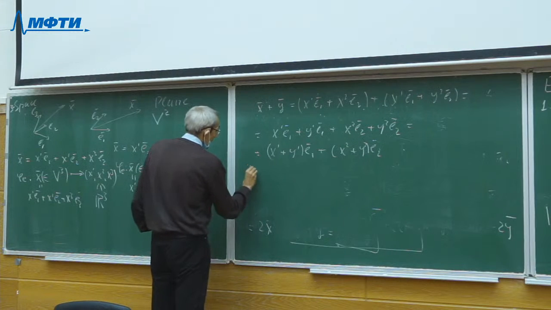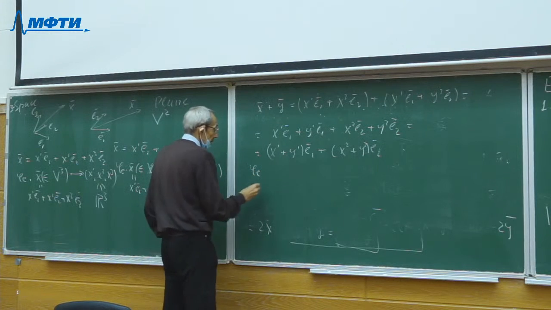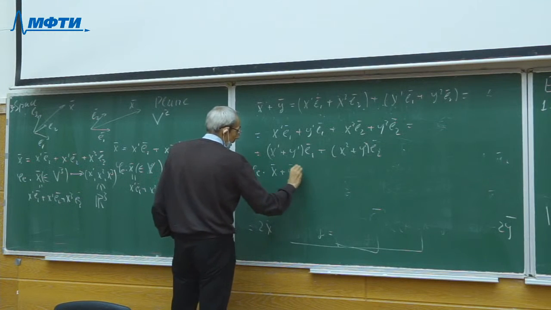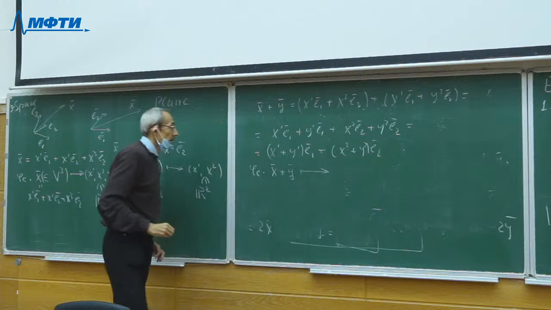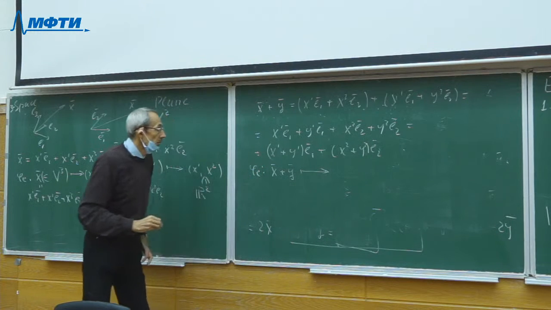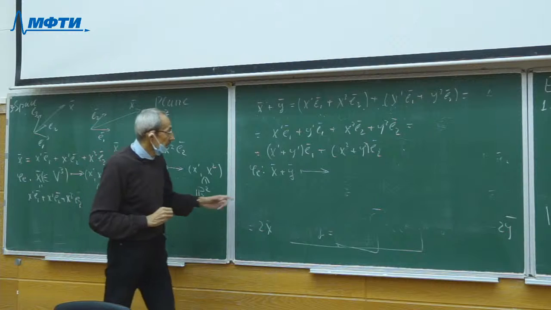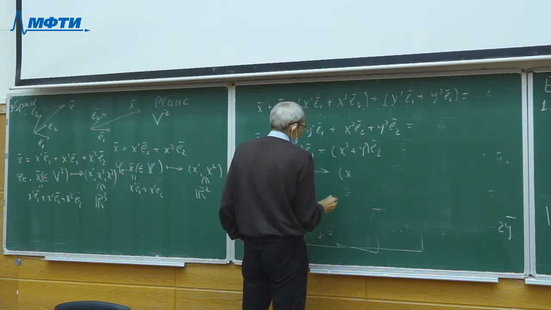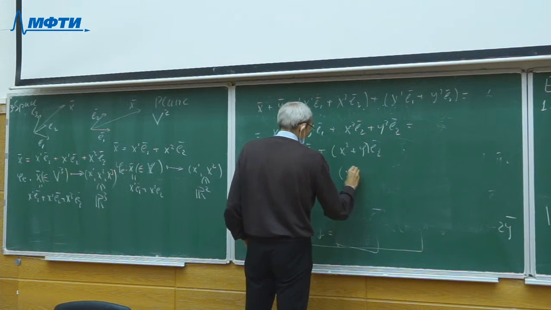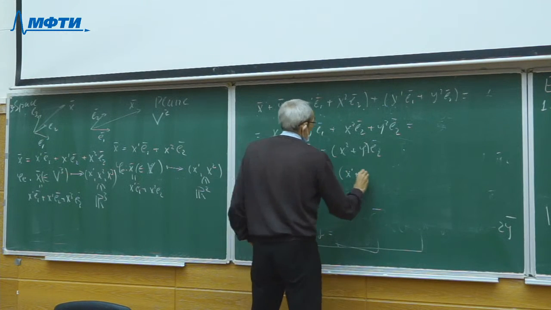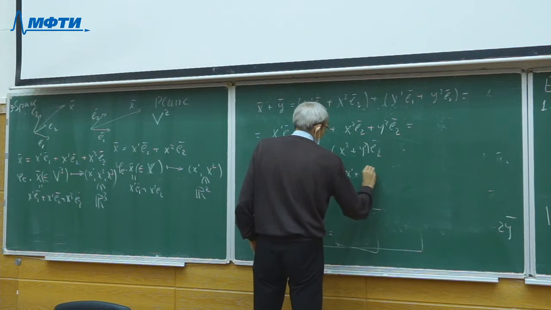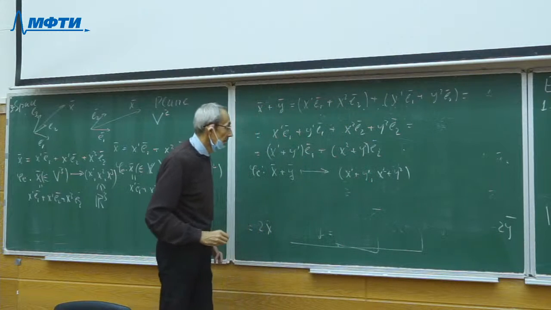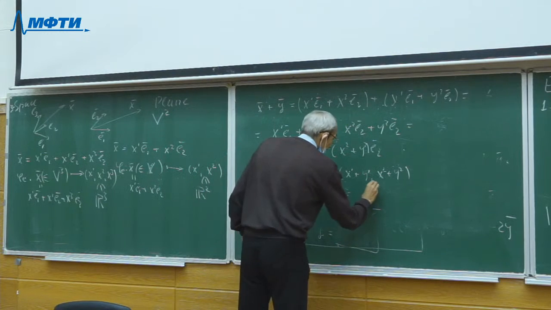Namely, we obtain that our mapping corresponds to the sum of vectors x and y the vector whose coordinates are equal to x1 plus y1, x2 plus y2. So we obtain